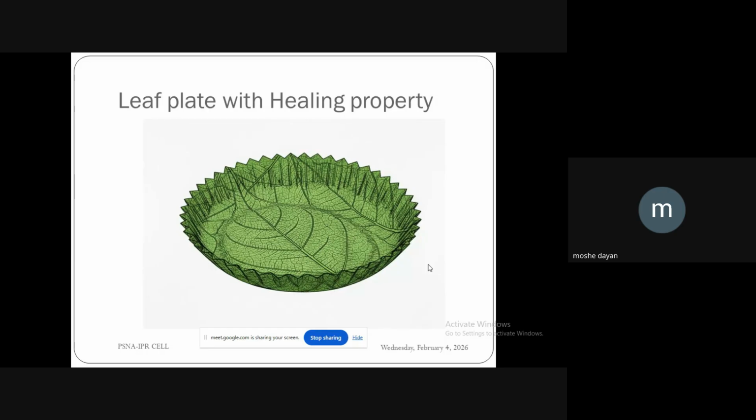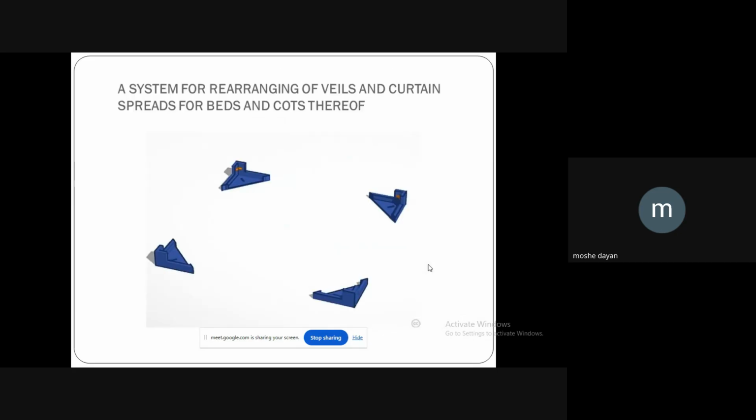This particular leaf is a composition of a combination of leaves which has that cancer healing property. Due to the heat, the plate will dissolve, and there will be some bioreaction happening inside, by which a cancer patient can be healed. Amazing.